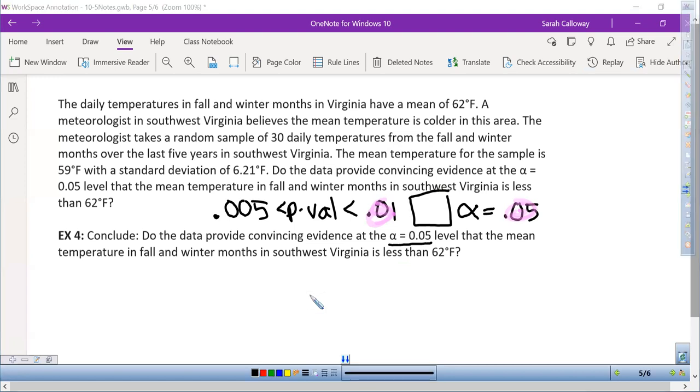So I know that my p-value is less than alpha. Remember that when your p-value is less than alpha, that means that we are going to reject the null hypothesis,